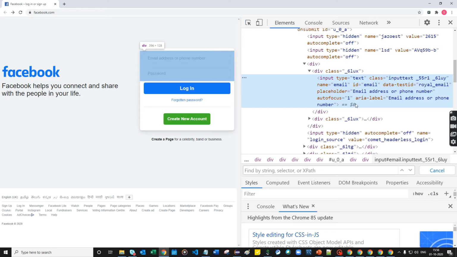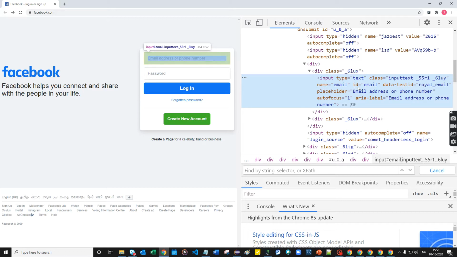There we can see the class locator is available, ID is available, right? So which attribute are we going to take here? I don't want to take ID or class. I'm going to take XPath using any one locator. If you take class, it is not a static one, so that's the reason I'm avoiding it. Here you can see the name and ID are available, right?